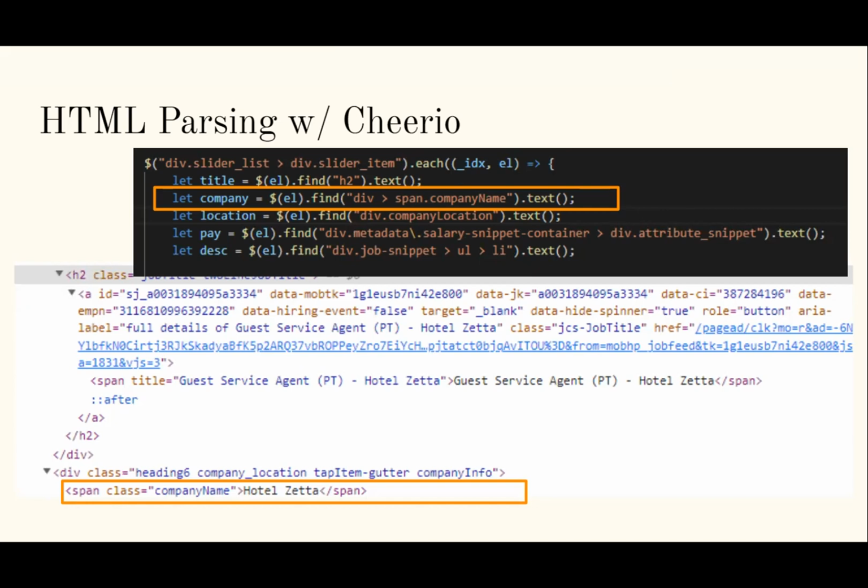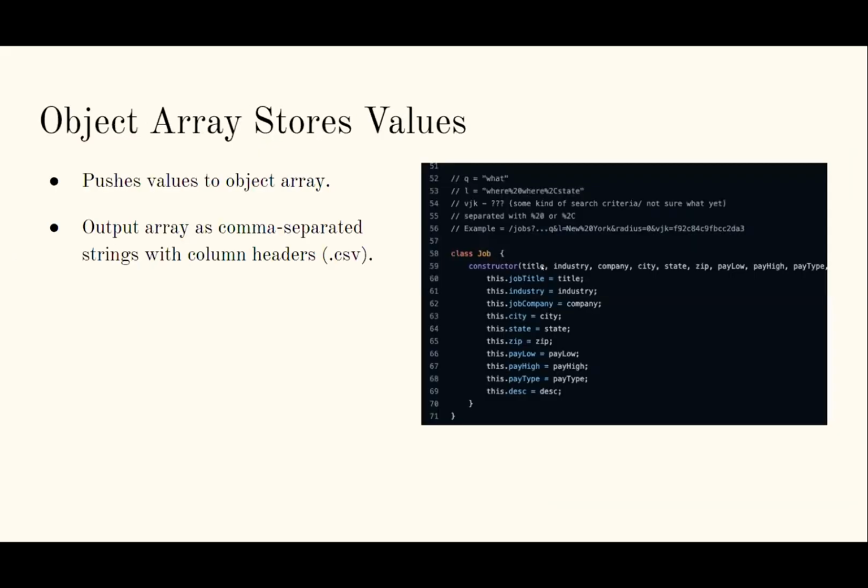So this part just loops forever if I let it, but in my code, I set a hard value for how many different jobs I wanted to scrape. So it keeps doing that until it's told to stop by the script, and it jumps through each page, scraping the same information. All of the information that I scrape from each job is stored in an object that I assign to the class job. And then I push those objects to an array and then output everything as strings separated by commas so that they're easily formatted into a